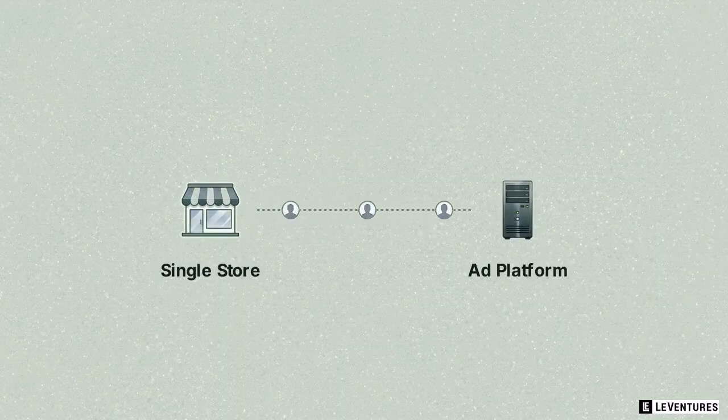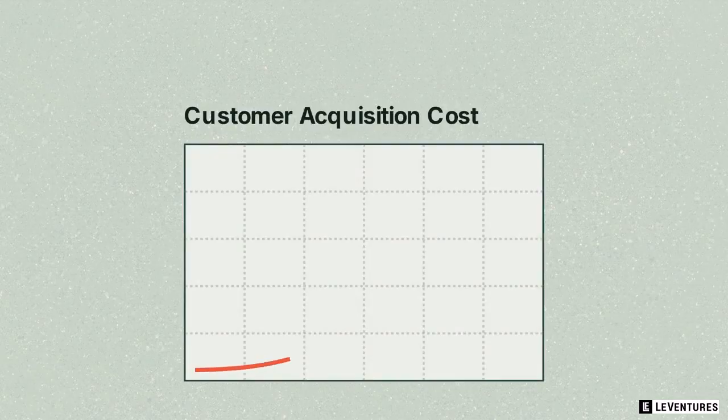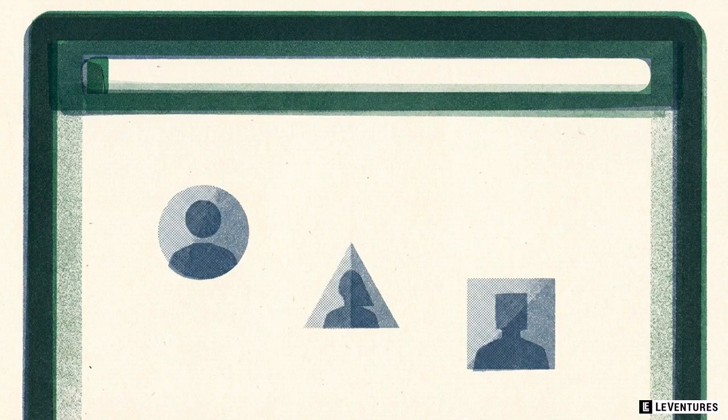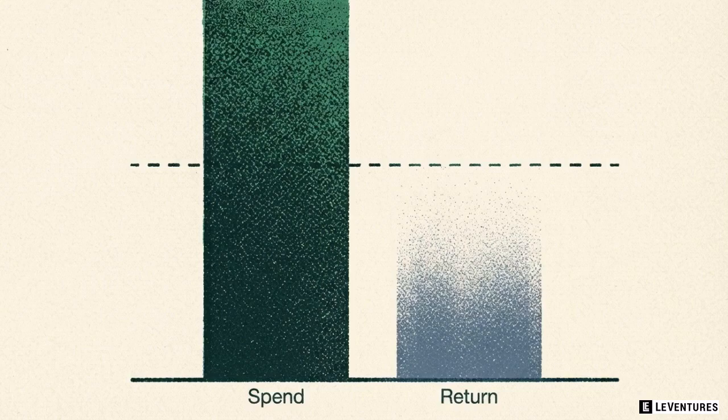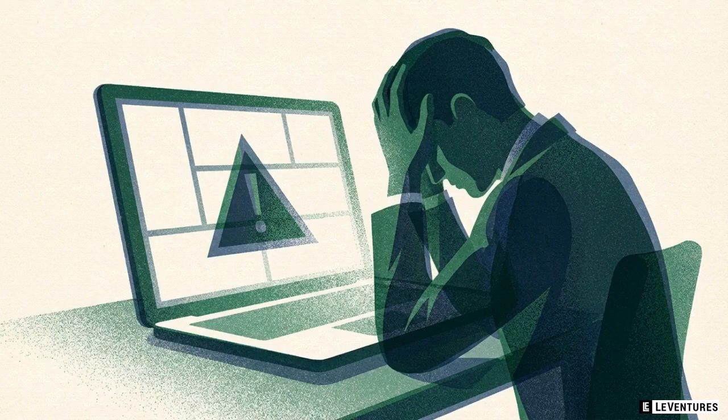Today, handing a single store's customer list to Meta and asking it to find similar buyers is a fast track to skyrocketing customer acquisition costs. You are asking an algorithm to perform with a fraction of the data it used to have, resulting in ads that struggle to even break even. The reality is, most merchants are now operating in a data vacuum. They are fighting an uphill battle for profitability, trying to win a highly competitive auction using an outdated, isolated set